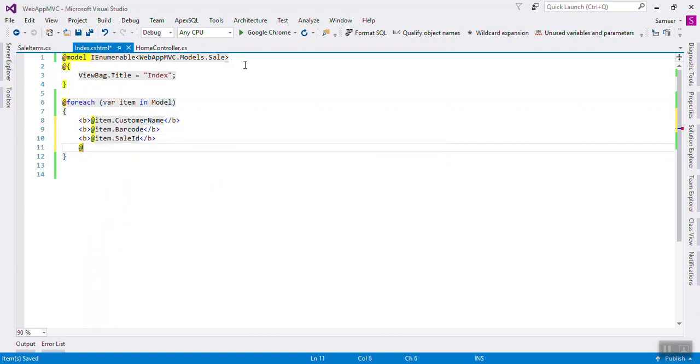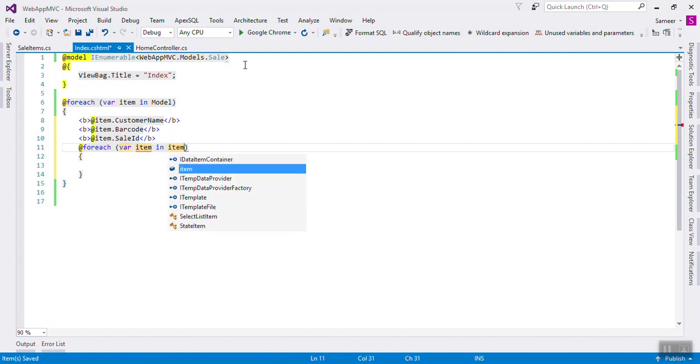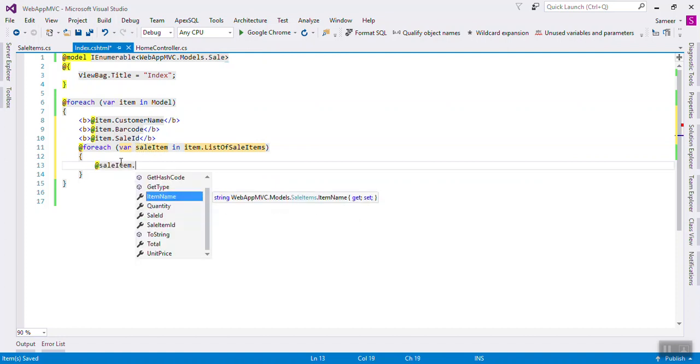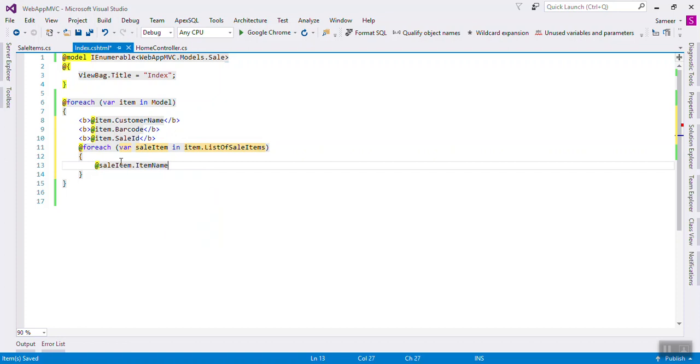Then again you can make one more for each loop, that will be the model dot item dot list of items. So here you can see, make another name, sale item. So you can print here that sale item dot. Here you can see that a child value is coming. That one item name and break